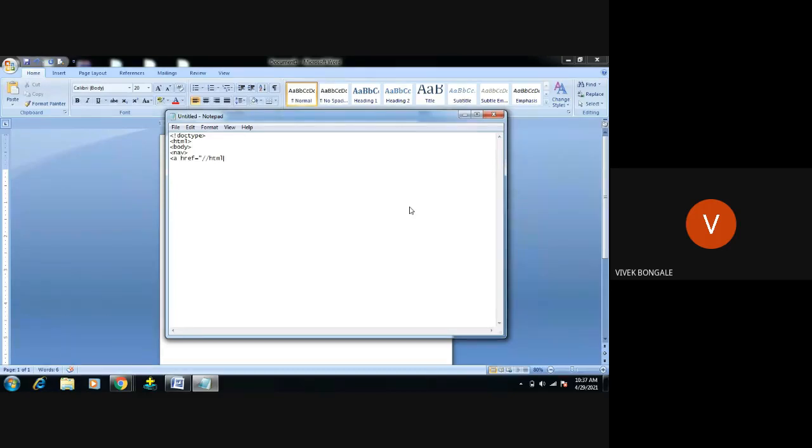If you miss that double forward slash, what will it do? Your browser will search for that page in the present server. In the present server, it will check. If it is there, it will display the document. Otherwise, it will not display the document. If you use double forward slash, it's going to check with all servers, and if it finds the HTML document, it will pick and display it there, right?